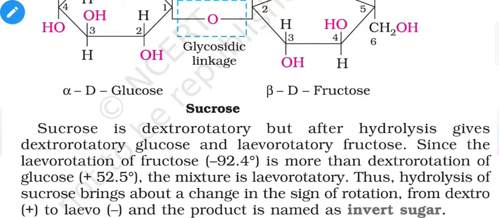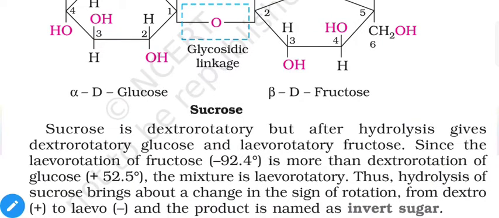That means if you check the rotation or optical activity of the sucrose solution, you will find it is dextrorotatory. But when we complete the reaction, the mixture will show levo rotation because of the mixture of glucose and fructose in equal amounts, but the effect of fructose is more dominant. That's why you will notice the solution will be levorotatory. So this flips the sign before and after the reaction, and this is called inversion. Because of this type of property, the sugar is called invert sugar.